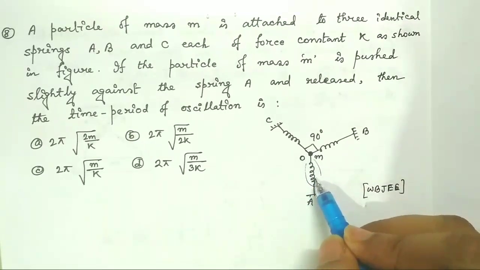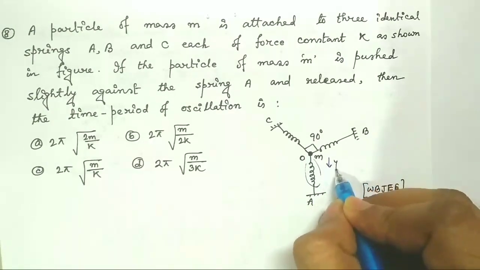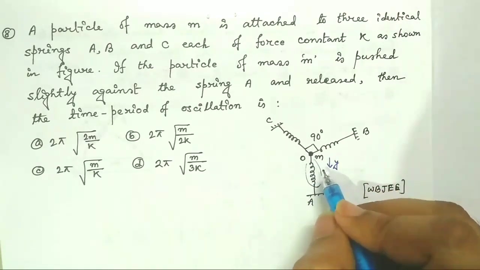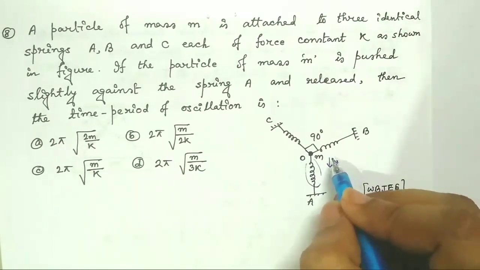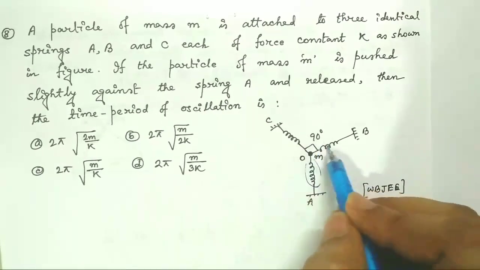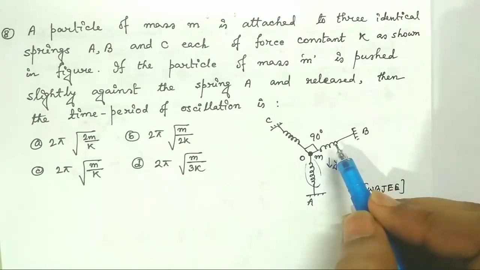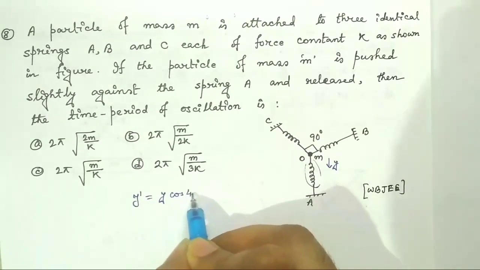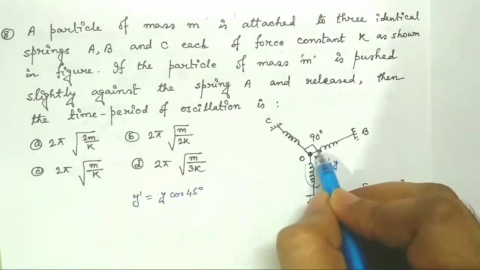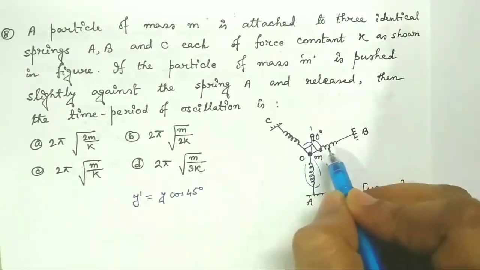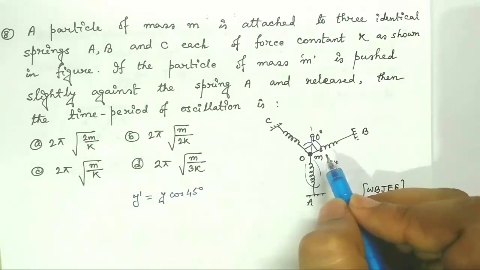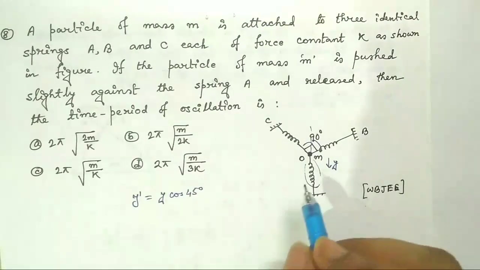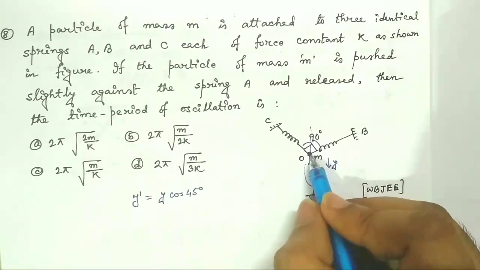So, we can see when the particle of mass m at O, this is O, is slightly pulled down by a distance of y along OA, the spring A will be compressed by the amount of y, and these two springs will be elongated by y prime. These will be elongated by y prime equal to y cos 45 degree. This total angle is 90 degrees, so this will be 45 degree and this angle will be 45 degree. So y prime equal to y cos 45 degree,